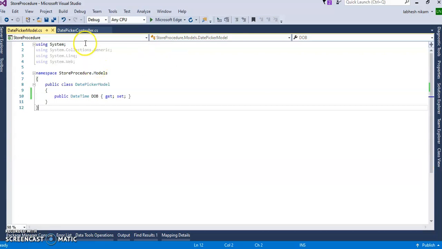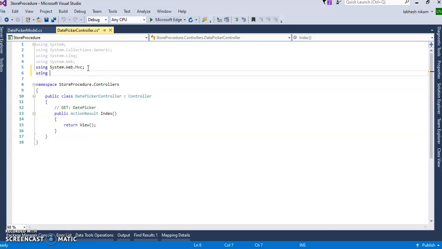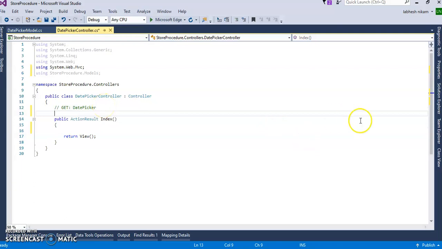Okay, let's go to the controller side, and here I will use the using statement with the name of the application, StoreProcedure.Models, because my model is inside of the Models folder, right? Now I will use a context class.